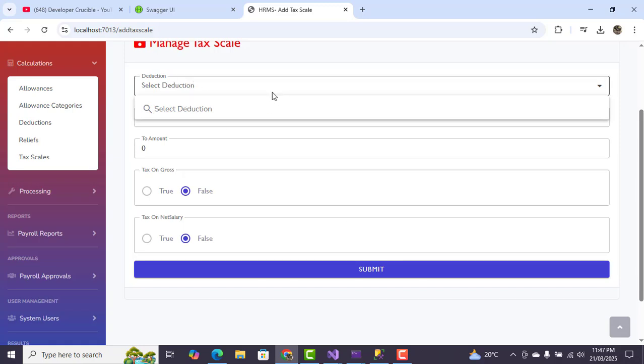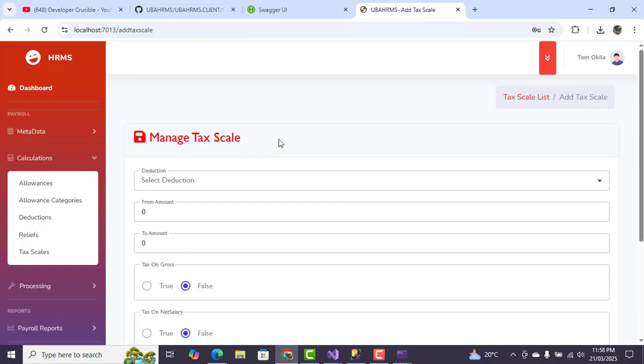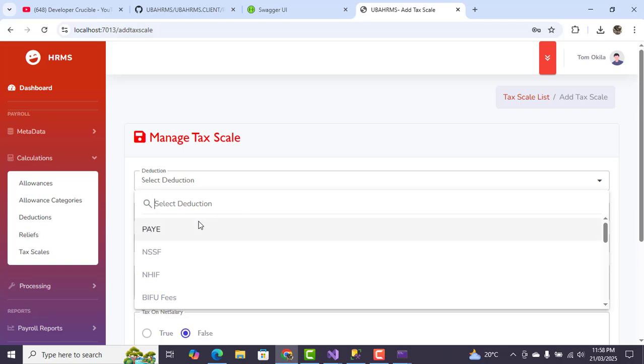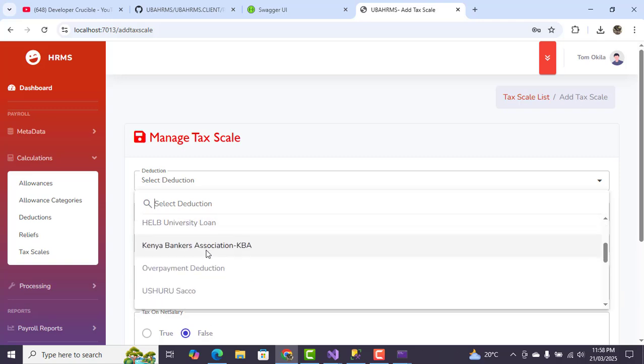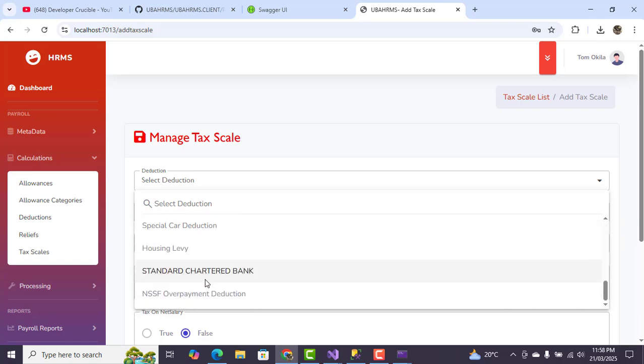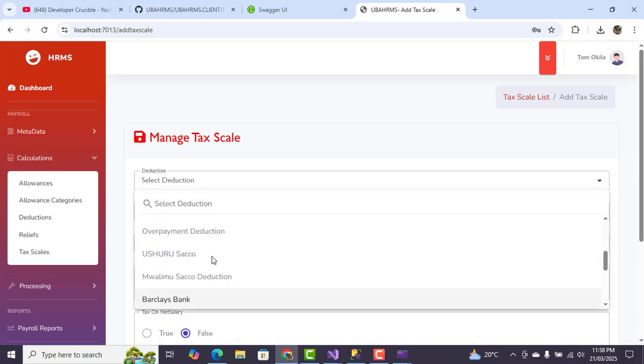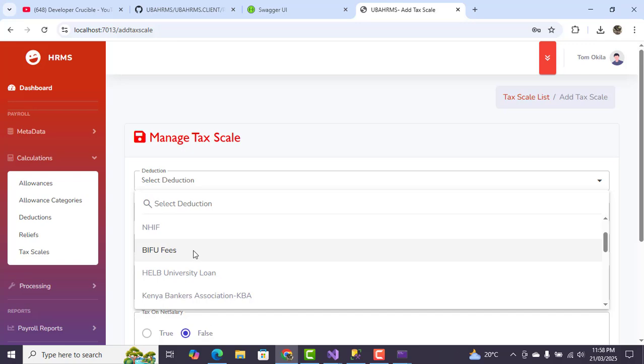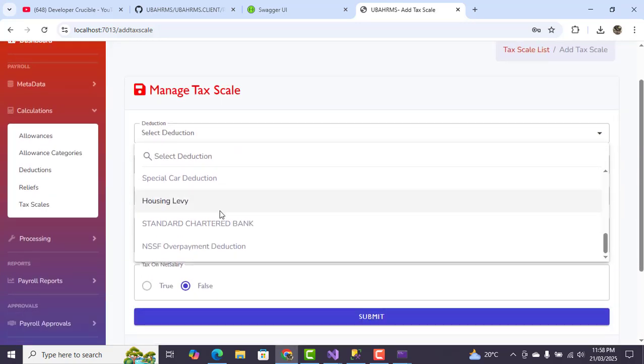I don't know why this one is not displaying. Just a minute. Yeah, so I just realized there were changes I made on this page, so I just restored them. So you can see all this whatever is happening here. It is showing you the different tax scales, the different deductions that you can set,